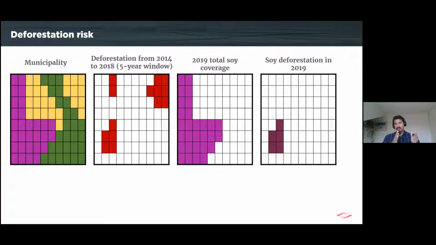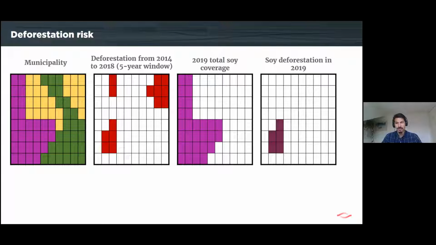Great, so that's how we map the supply chain. And then the next step is to map the deforestation associated with that commodity. For that, I think it's easier to explain. Basically, we get the map of soybean production in Brazil and overlap it with official data sets on deforestation provided by the government. So we overlap soy production with deforestation, and then we can see where soy was planted in